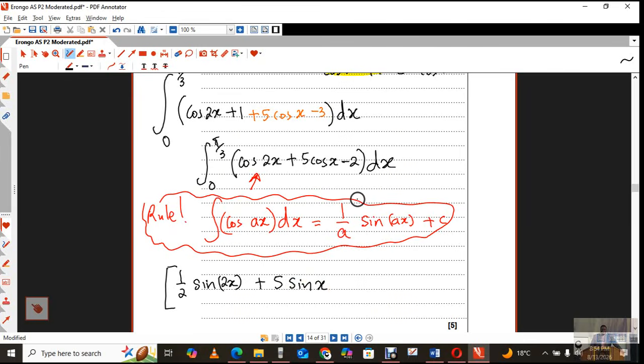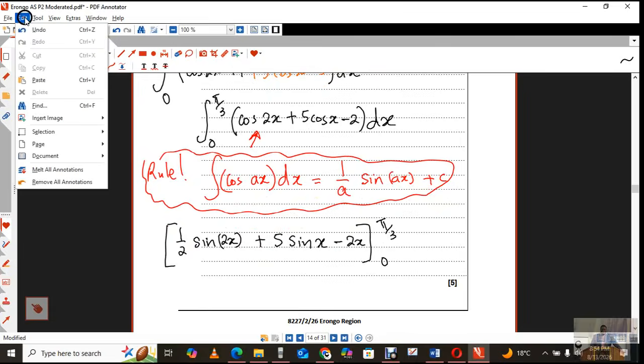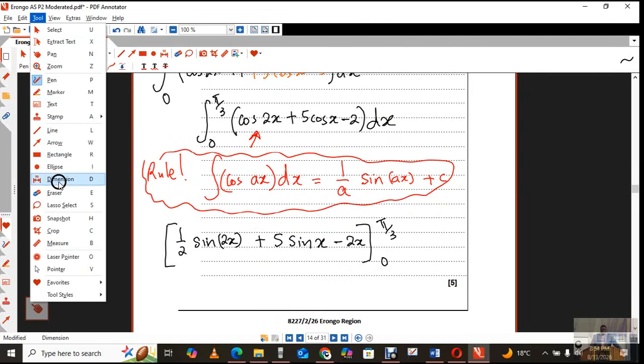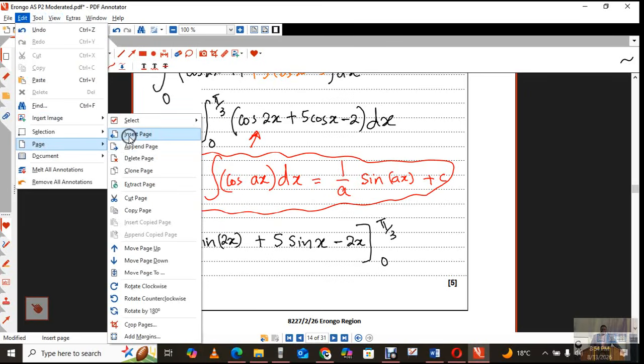And then obviously integrating minus 2, that's minus 2x adding 1, right? And we're going to do this from 0 to pi over 3. Okay. Right. Okay, we're nearly there with this question, so let's just go ahead and also include another page